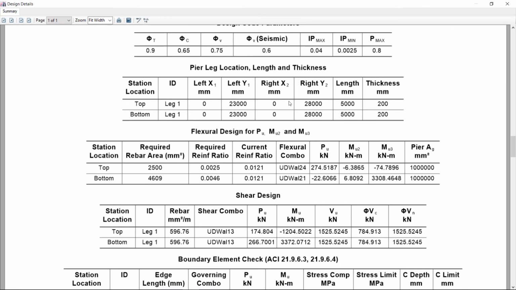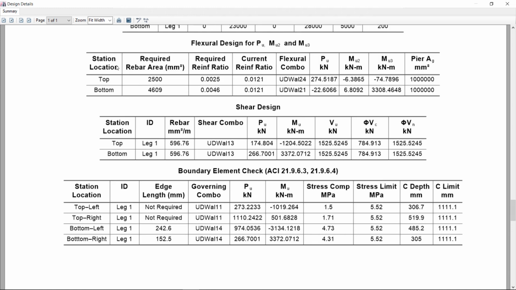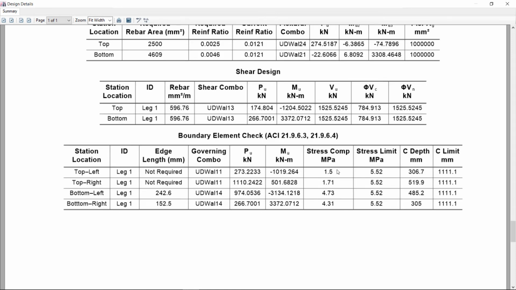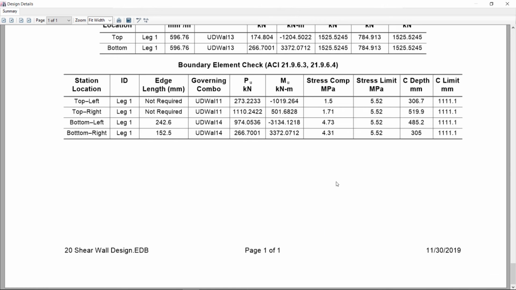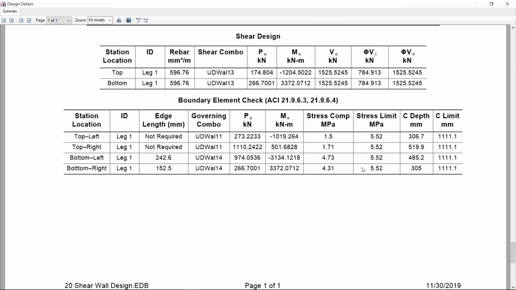Here again you can see the summary. Station location: the software designs at two locations, top and bottom of the wall. Required reinforcement at top and required reinforcement at bottom. And here is the reinforcement ratio, that is the rho value. That is the flexure design, top and bottom. Here is the shear design, shear reinforcement, and here you can again see the stress check. The software is saying the limit of 5.52 is okay, but